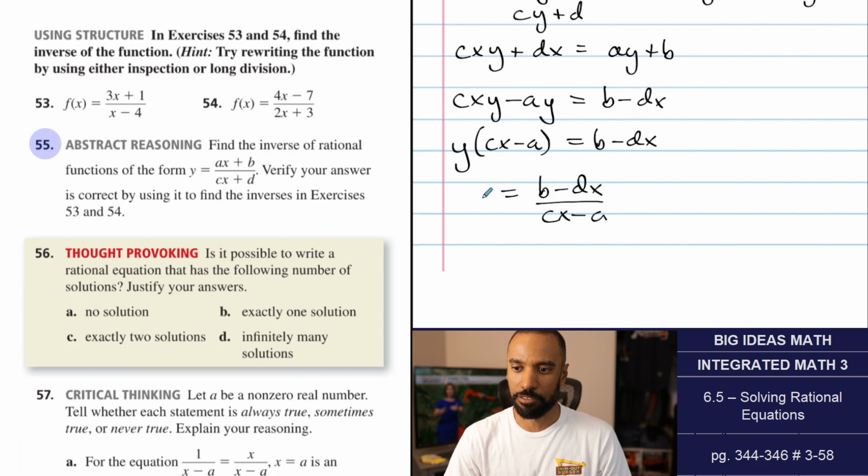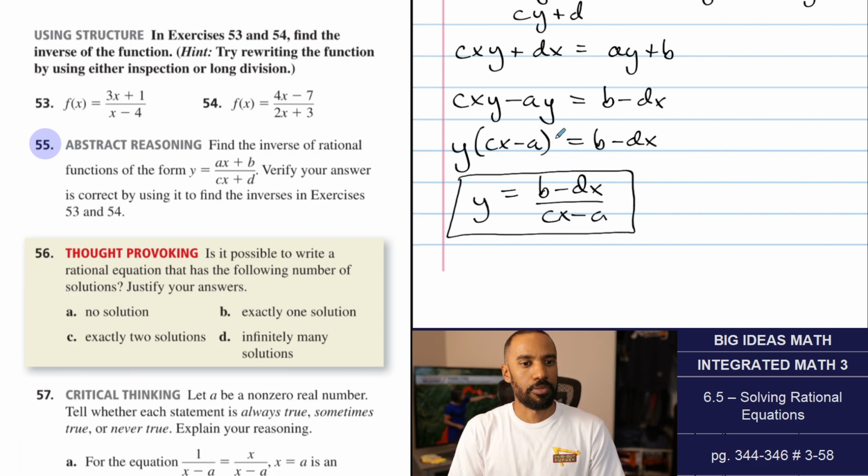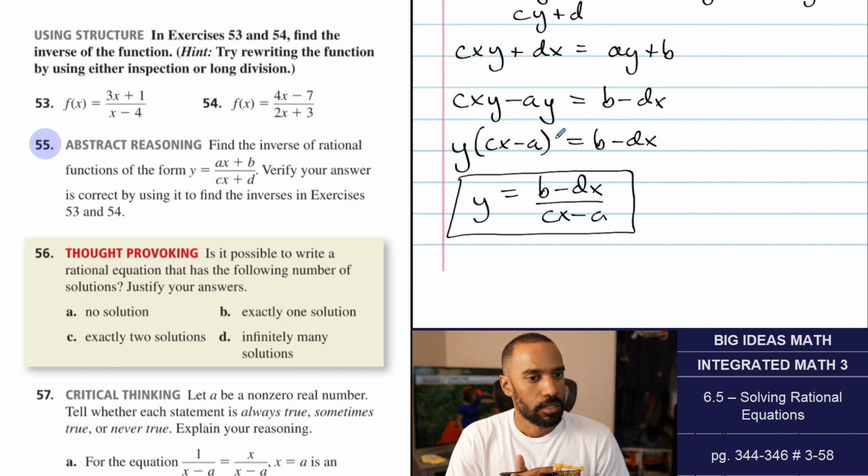Oh, let's see. They never wrote f of x. So this is the inverse version of that. Now, they said verify your answers are correct by using it to find the inverses in 53 and 54. I don't know if they mean just plug these numbers straight into here and see that it worked out, but